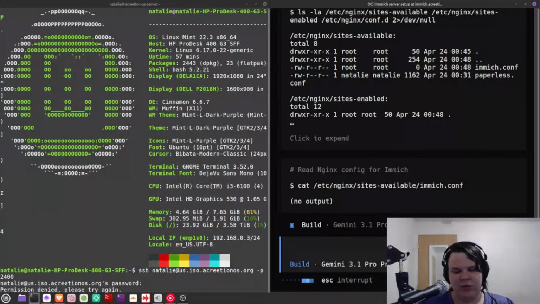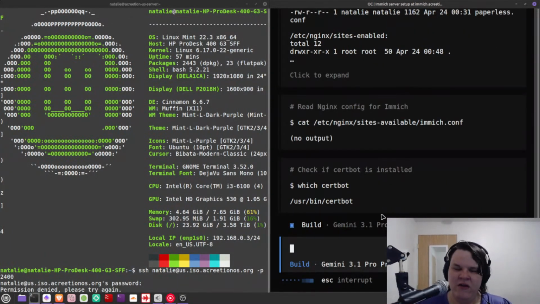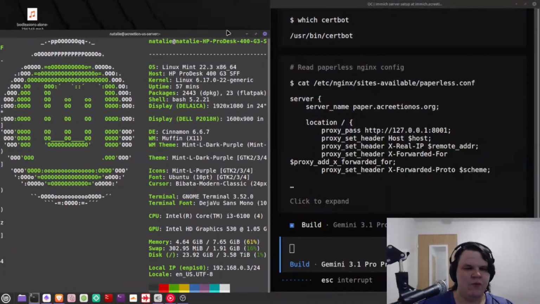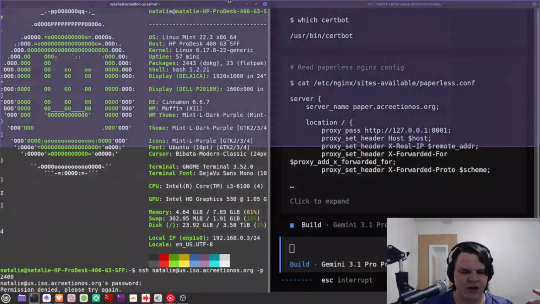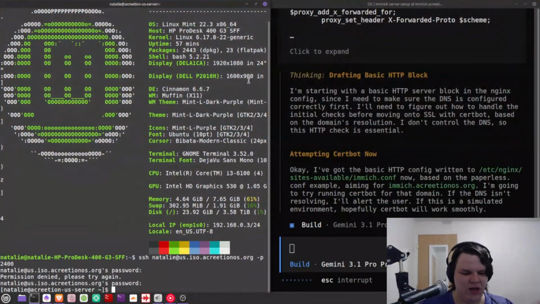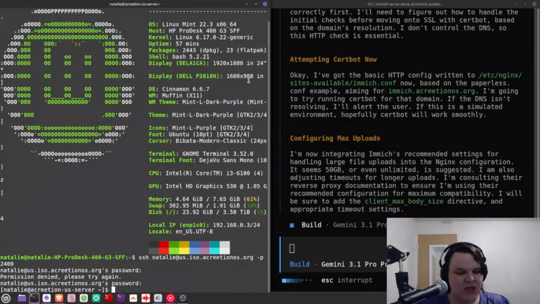So that's why I'm doing a lot of my work offsite in the VPSs, because then I don't have to push this little machine too hard. This is not a super powerful machine, but it works totally fine for my use case. I'm very happy with it, I will say that. Alright, so I'm in the server.